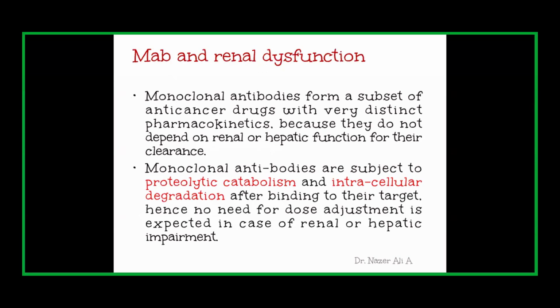Suppose there is a hepatic abnormality, SGOT, SGPT is abnormal, we have to look for a reason. If the patient has any hepatic comorbidity like hepatitis B, accordingly we have to choose the drug. Suppose in the previous cycle the patient's LFT parameters were normal, but this cycle it is abnormal, it means we have to correct it. Then we have to proceed with the chemo. So if you have any doubt, you can ask me.